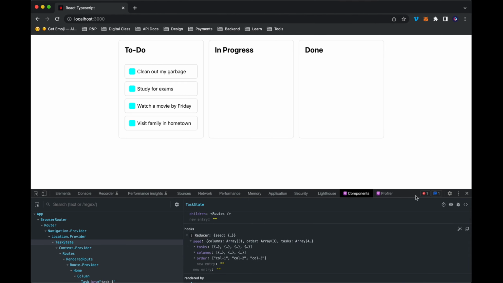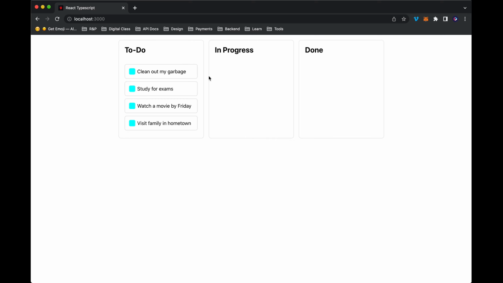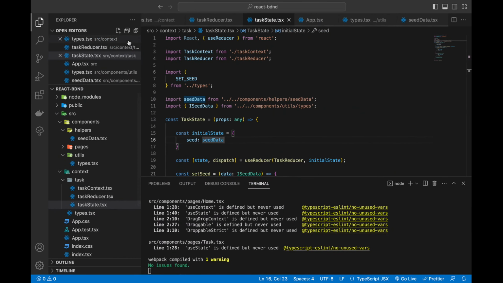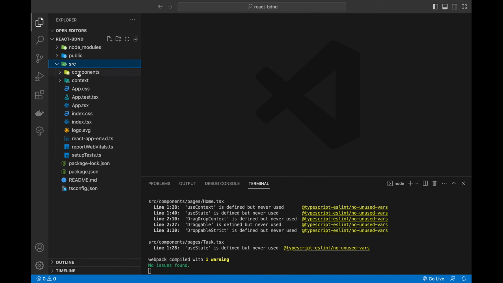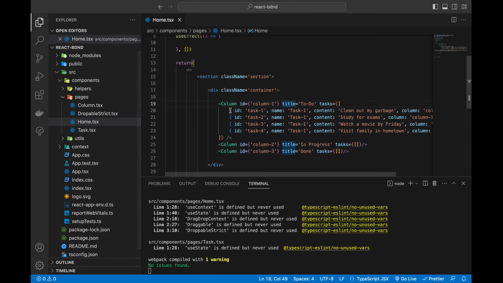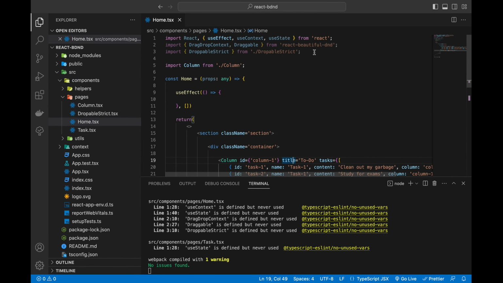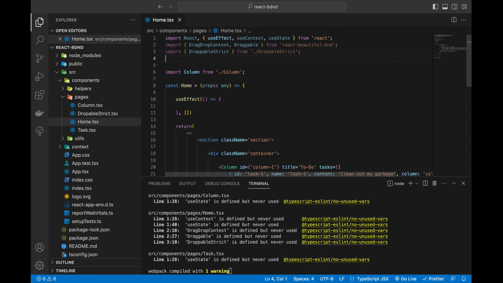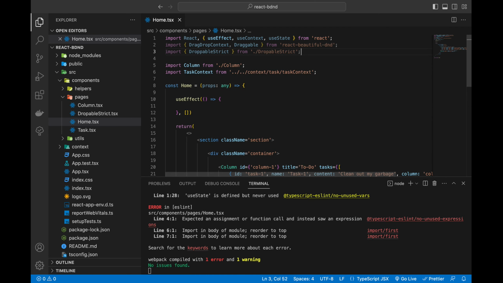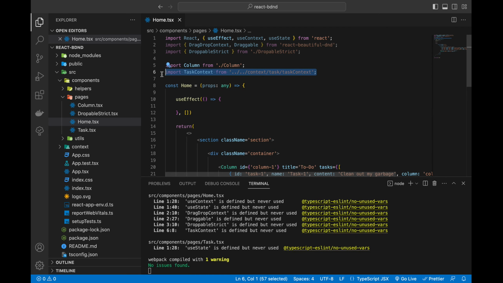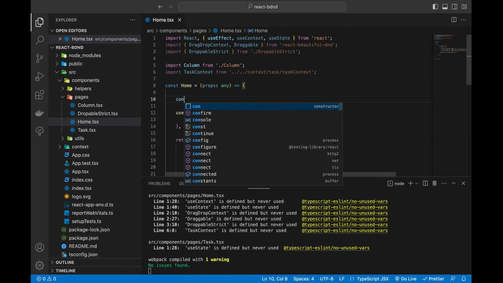Now with this available, it is very easy for us to begin to render everything on our web page. So how do we do that? Let's go back to our components, pages, and home. The first thing we have to do is to bring in our task context. It's right here, task context from this and that. Now remember, we are destructuring the useContext from React, so we can say